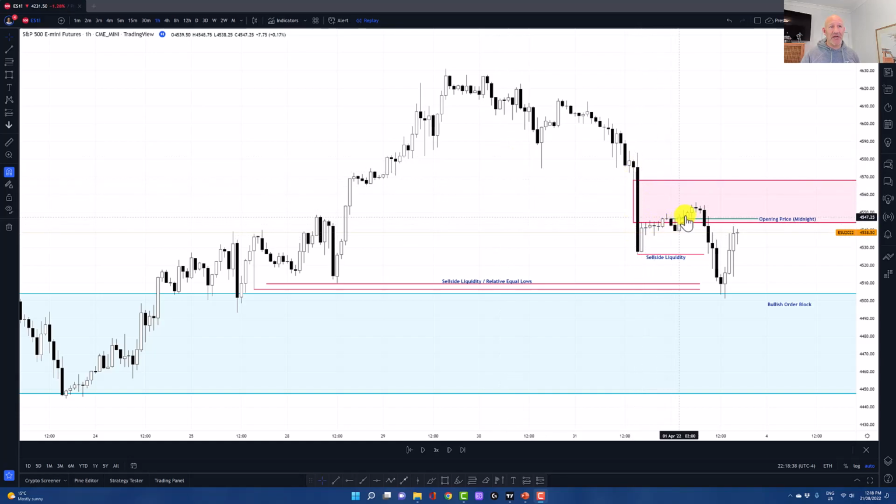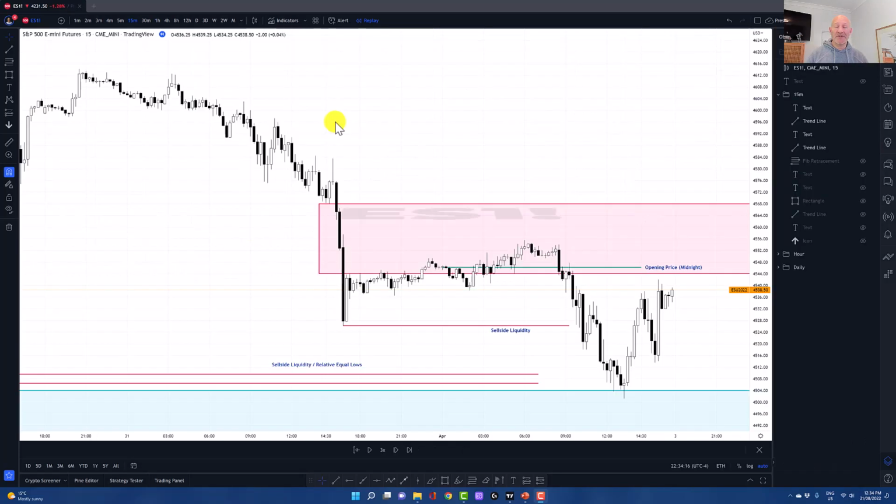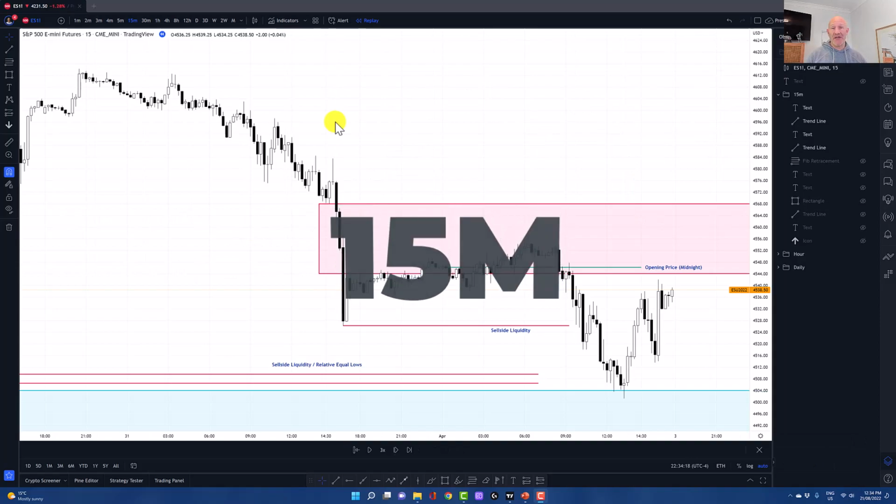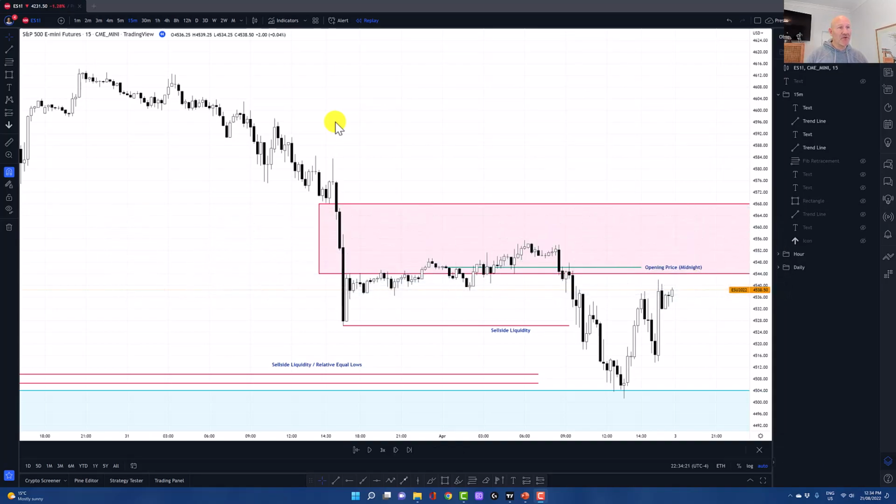The market's traded up into that. We haven't completely filled out that imbalance, but that's the kind of reaction that you would expect as we trade into this imbalance on the 1 hour chart, that we trade up into it, and then the market starts to peel away. So zooming into our 15-minute chart now, there's quite a lot going on here,